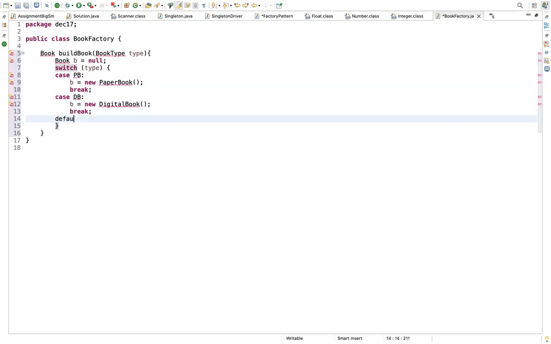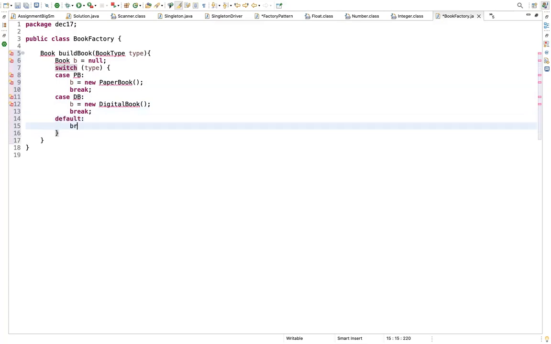This buildBook should return a value, so after your switch case, have a return keyword and return B.